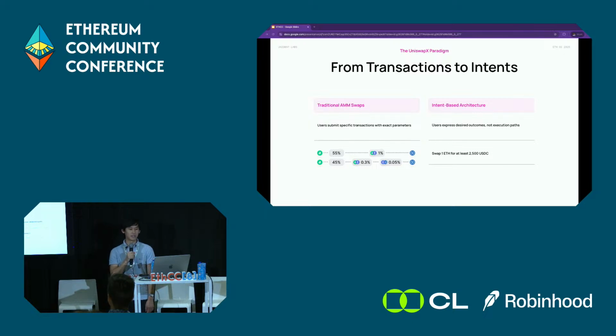Then you will have fillers come up with a way of giving you that USDC. And if they can do that, they can get 1 ETH from you in the same transaction. And this pattern naturally induces competition that will yield the best execution path when those fillers fill trades for swappers. And this is a powerful mechanism because it allows us to innovate on the way pricing is done behind the scenes while keeping the UX the same and simple.